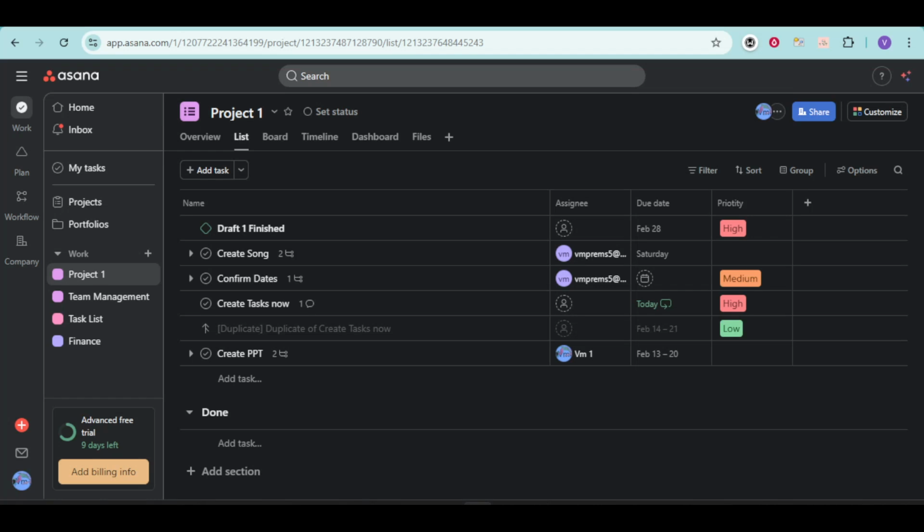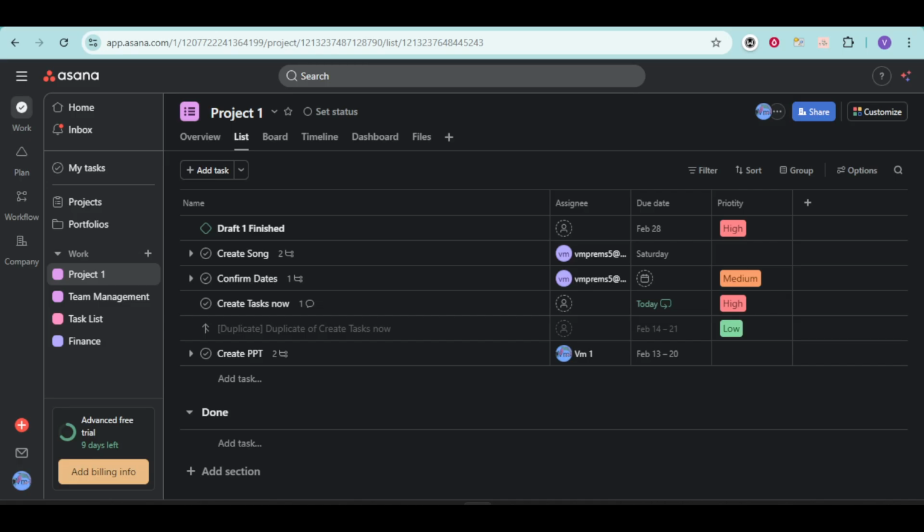In today's video, I'm going to teach you how to track time in Asana using native time tracking on paid plans. If you're on a paid Asana plan, you have access to a built-in time tracking feature that adds two helpful fields to your tasks: estimated time and actual time. Estimated time is your best guess of how long a task should take. Actual time is what you record as you work, so you can compare plan versus reality and improve your estimates